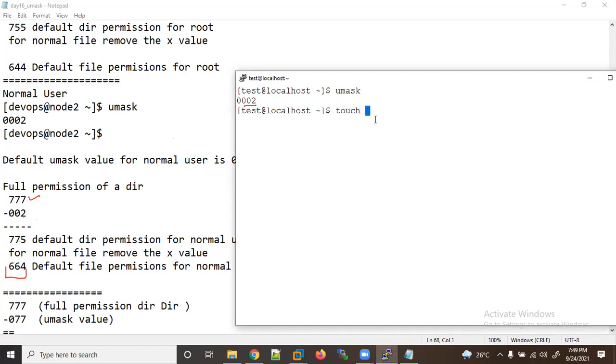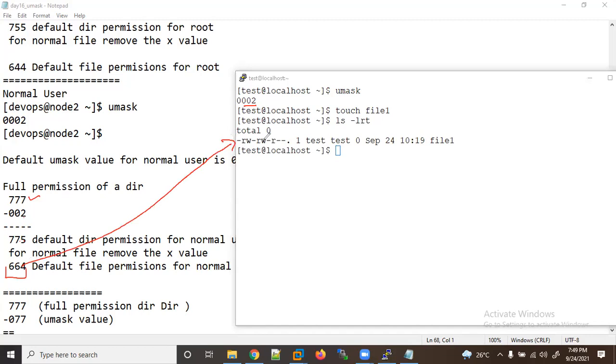Now let me create a file, like file1, as a normal user. Now check it here. So now you can see for a normal file, 664. Now let me create a directory: mkdir dir1, then ls -lrt.